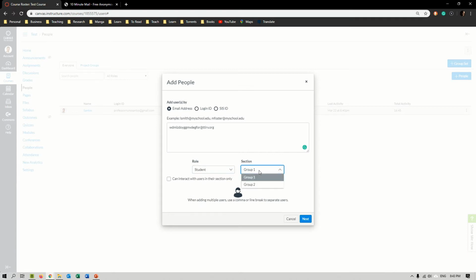And now I have to select the section. I'm going to add this student to section 1, to group 1. And I can say, for example, whether these students can only interact with students in their section, or whether they can interact with others. In this case, I'm not going to bother, because I only have one. So I'm not going to click on that box. And then I click